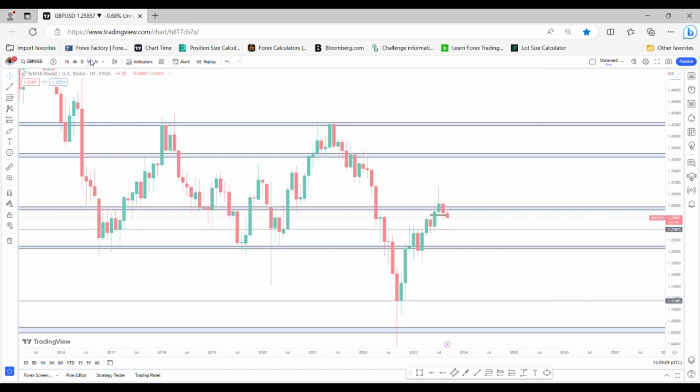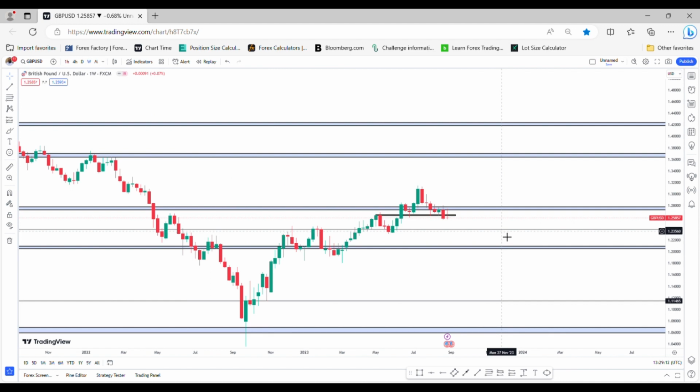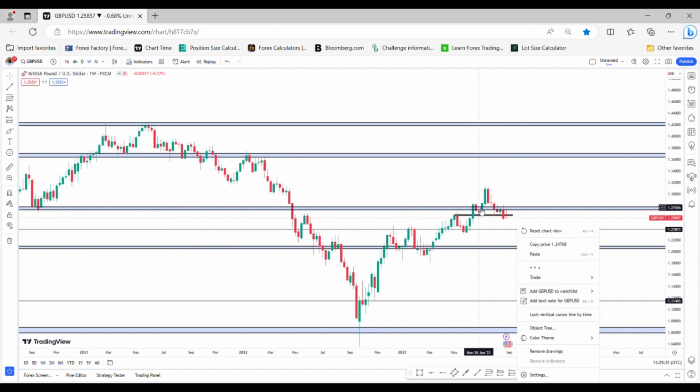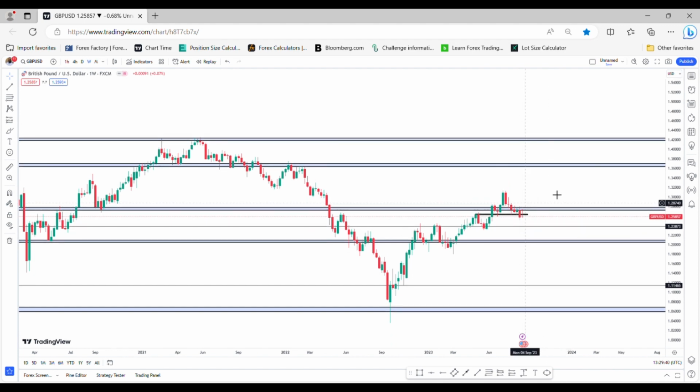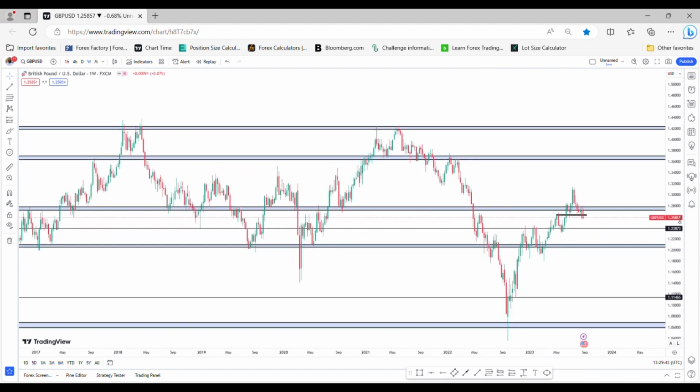So on the monthly time frame, apparently we actually saw that we have our trend line pointing to the downside, that GU is going to fall. We also have our Fibonacci pointing to the downside, that of course this market is going to fall. And the market is also trading right below this major resistance level. So this alone is pretty much enough information for us to use in creating trading ideas,